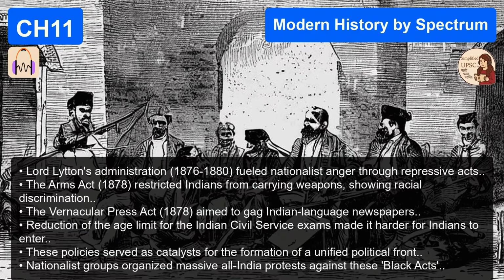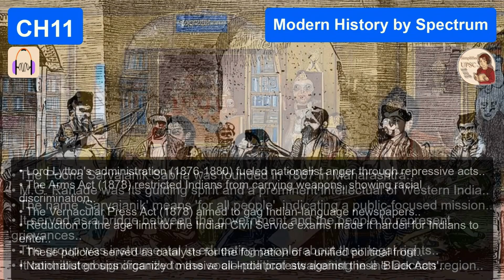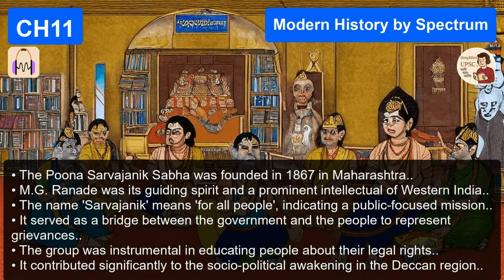By 1885, all the ingredients for a national movement are already sitting there on the counter. They are. You have highly active, politically aware groups in Calcutta, in Bombay, and in Madras. They are educated, they are deeply agitated by colonial policies, and they're highly organized on a regional level. They just needed a container, a single platform to bring all these regional leaders into one room.